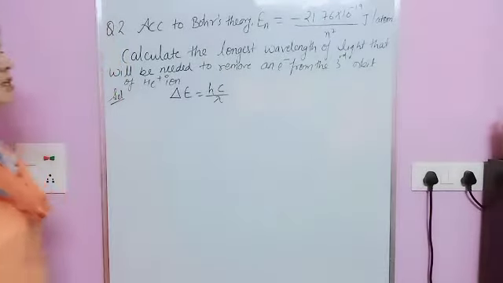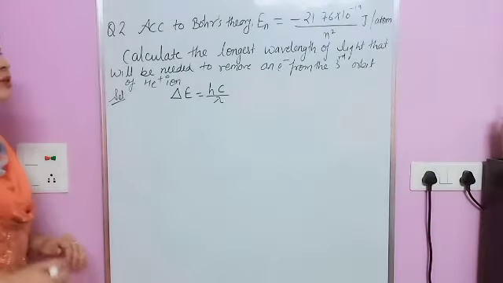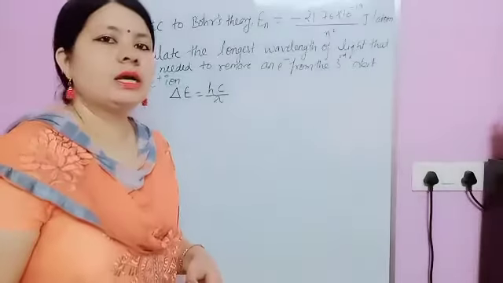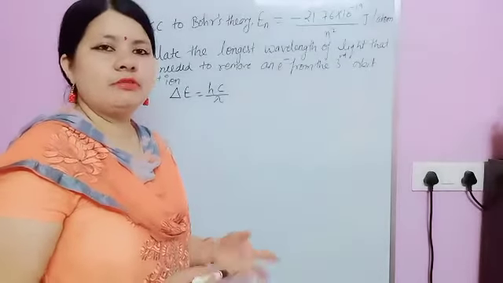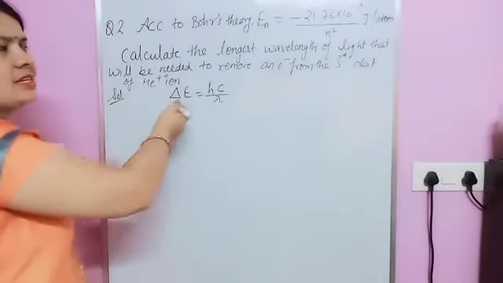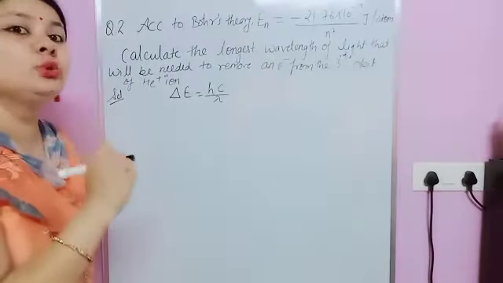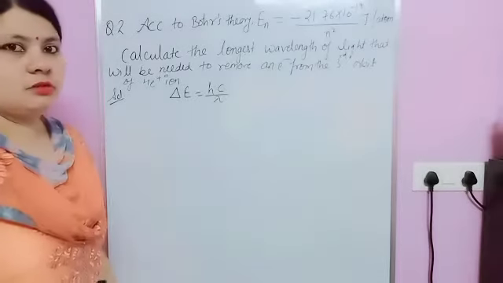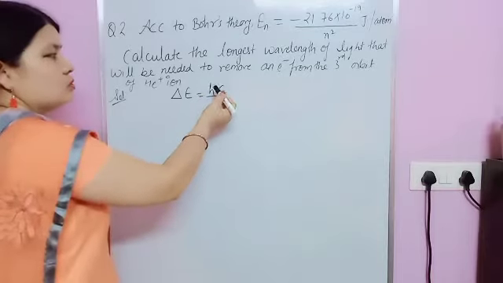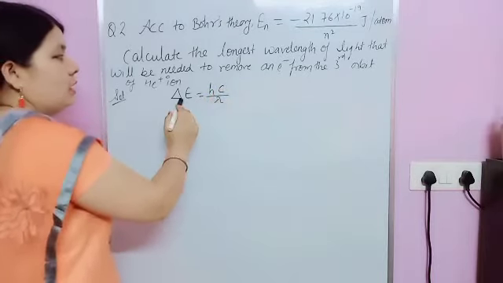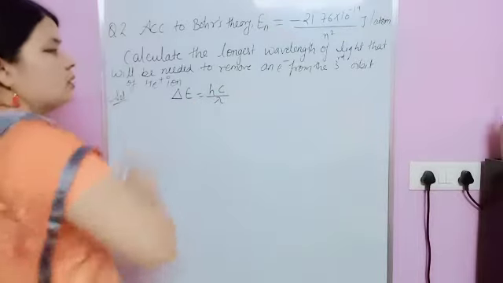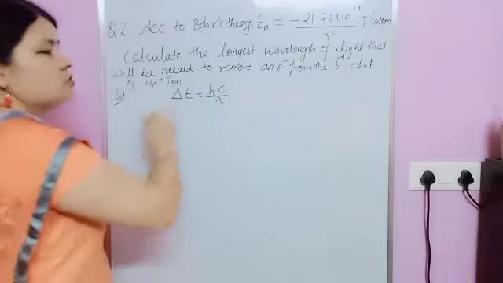Now just see, in this one we are talking about the longest wavelength, which means you have to calculate lambda. For calculating lambda we have a general formula. If you remember, it is delta E, or E is equal to h nu. But because frequency is not required and we have to calculate wavelength, we convert nu is equal to c upon lambda. So the formula is delta E is equal to hc upon lambda. This is your formula, and with the help of this you can calculate lambda.